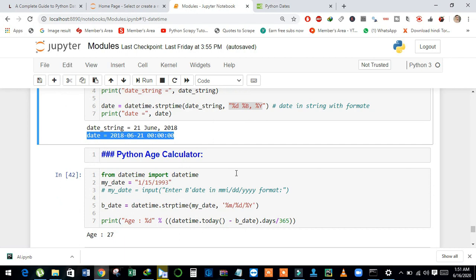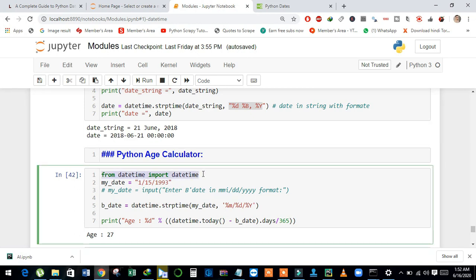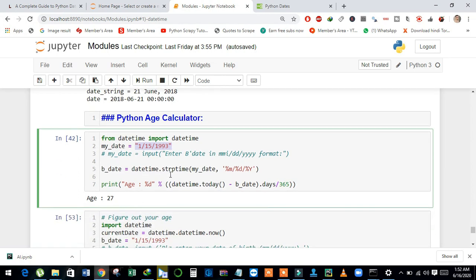Now we will discuss a simple age calculator. And see here, I just imported datetime from the datetime module. This is a date in string, 1/15/1993, and then using datetime dot strptime, I just convert it into datetime formatting.